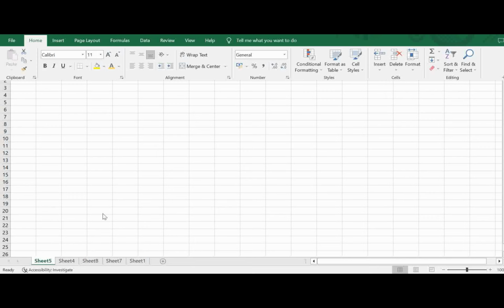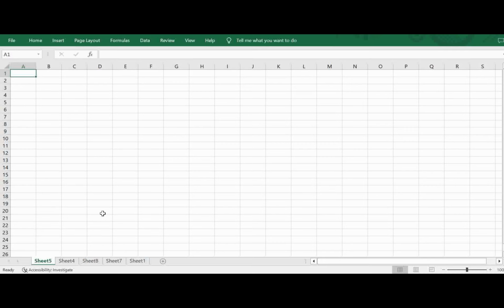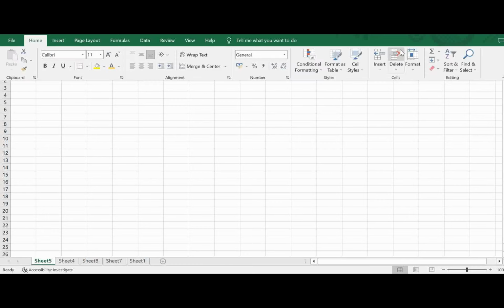The problem with deleting a sheet is that you have to be very careful, because even if you press Ctrl Z, undoing will not work. It will get permanently deleted. When you delete a sheet, the system will prompt asking whether you really want to delete it if it has some data in it. If it does not have any data in it, it will automatically delete the sheet. You can notice that sheet 8 does not have any data in it, and when I say delete sheet, it deletes the sheet without even asking for my confirmation.